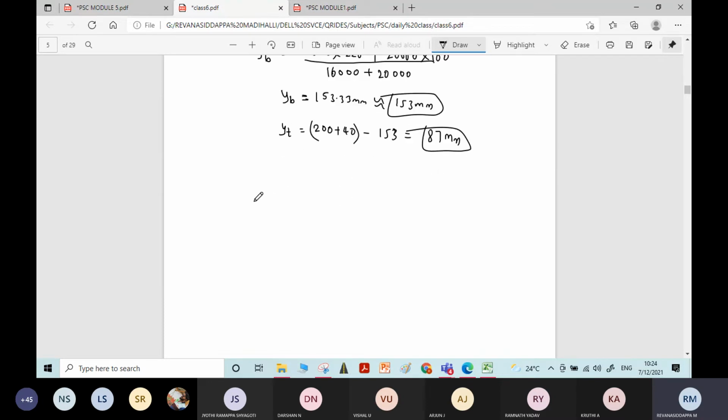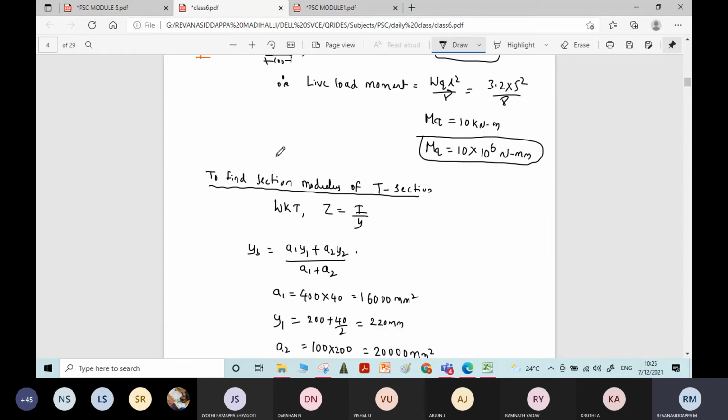Okay. What is the next step to calculate moment of inertia? That is equal to I by Y. Y values we got. Now we need to calculate moment of inertia I. I is equal to, what is the formula? BD cube by 12 plus AH square. BD cube by 12. First you take